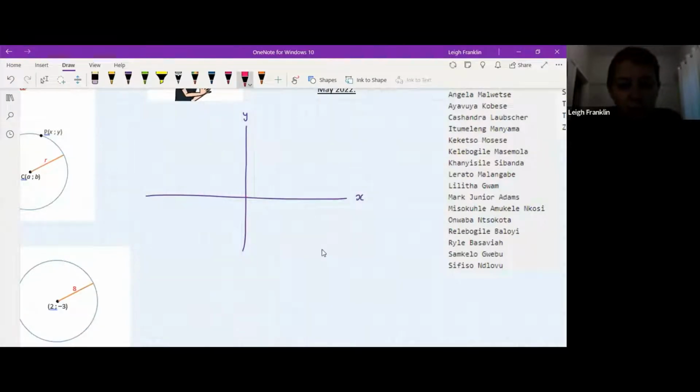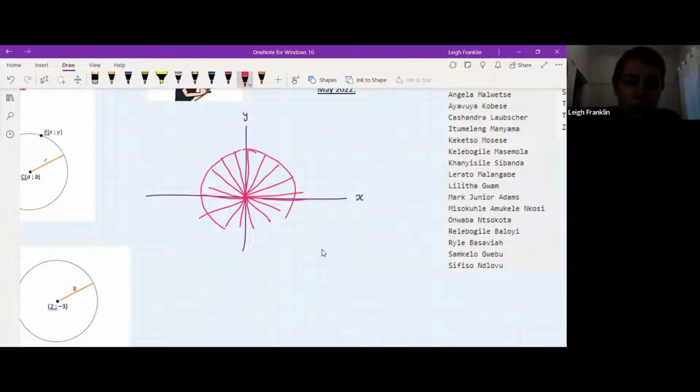If we have a terminal arm and a radius, centered at the origin, and that radius turns around in a circle, we have a circle that has been drawn. It's a very badly drawn circle on my part. But in order to work out the length of the hypotenuse or a coordinate at a